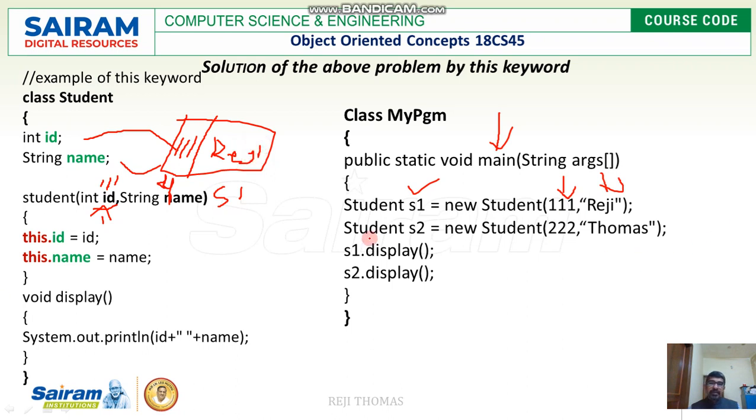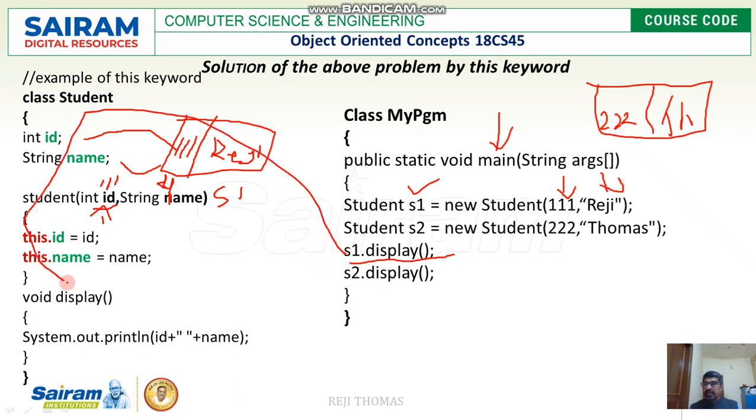Same way, when I create a second object, whatever we have done, everything will be followed, and it is going to have its own space with two partitions. This is going to be 222, and this is going to be Thomas. Next, I'm going to display it. So s1 dot display. What is display going to do? Because this is an object which has invoked this method, for this object, what is ID? ID is